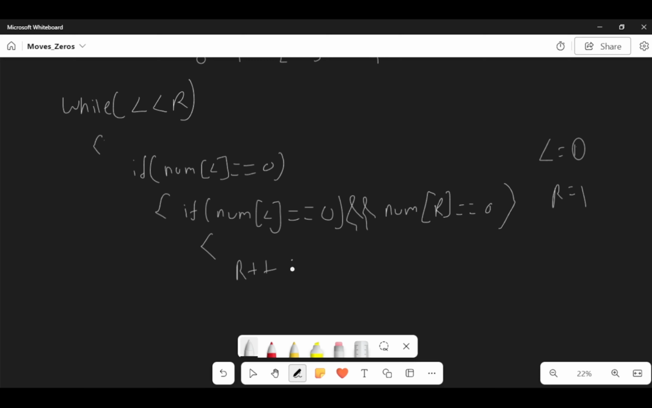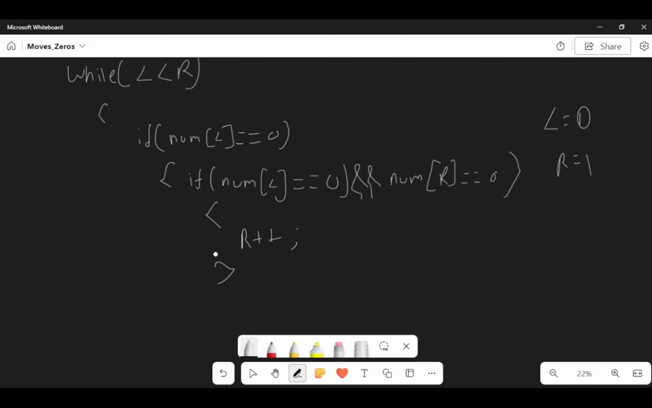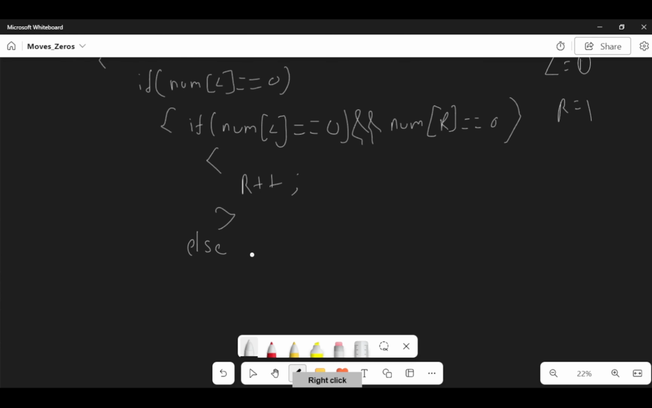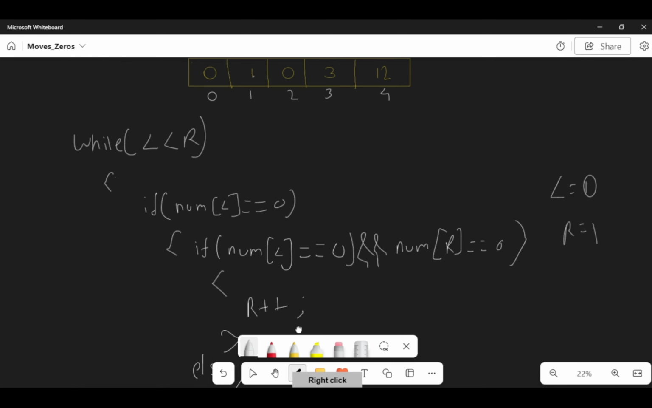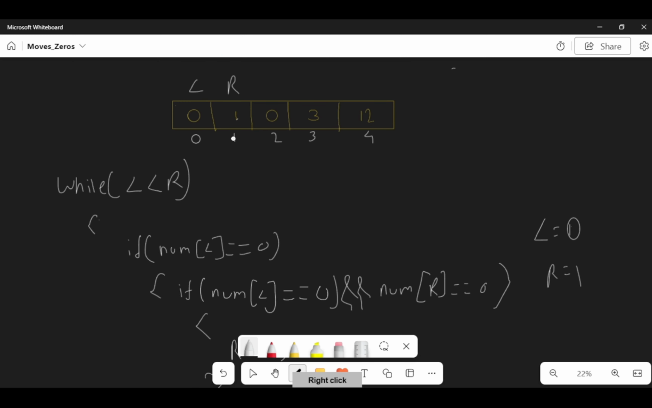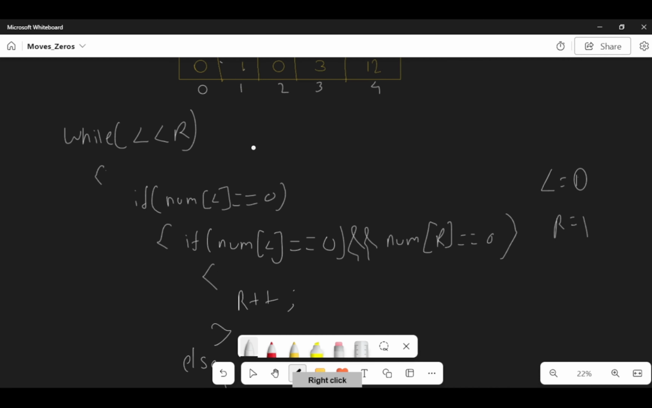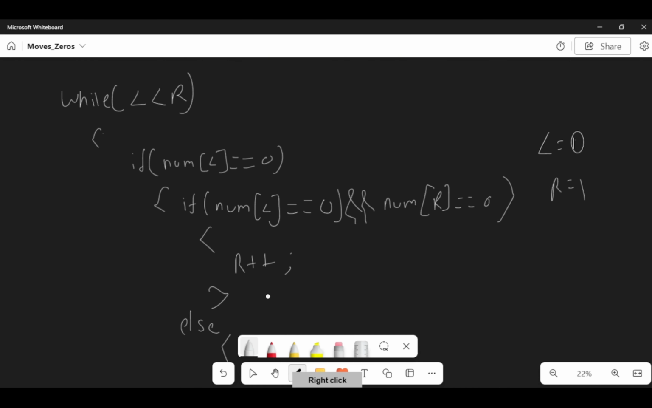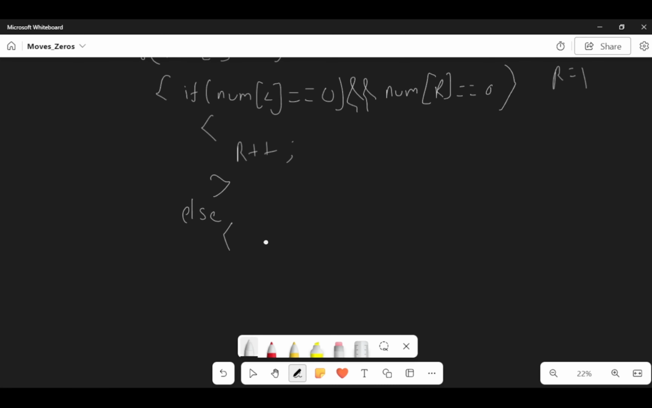Okay, you will understand definitely later. Let's first write the code. After that, in the else part, what will happen here? If the condition is false, first of all, we are checking if num L is equal to 0, the condition is true. Then R and L both are equal to 0. Otherwise, R is not equal to 0, means R is a non-zero number. So in this, we will swap